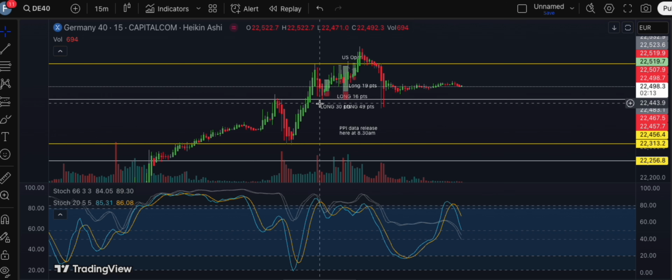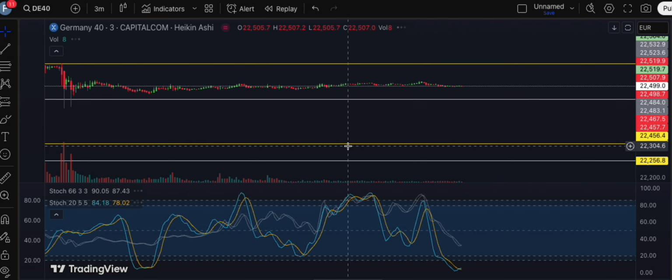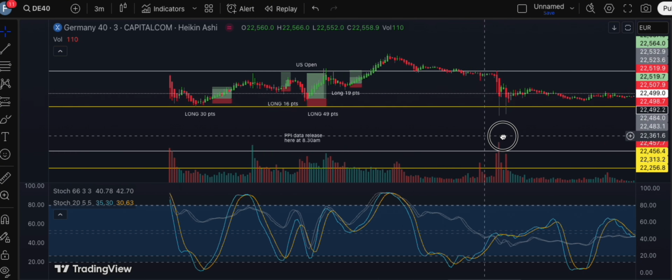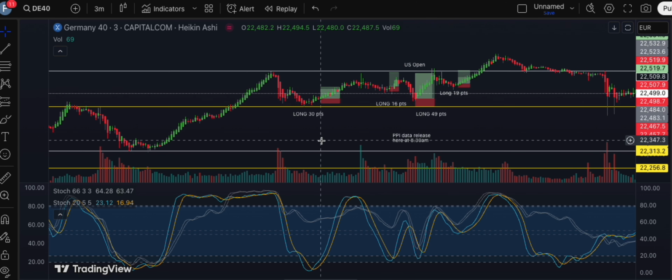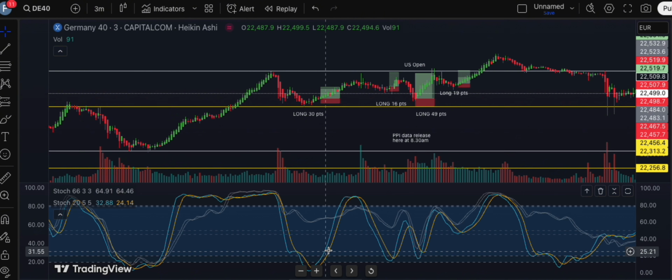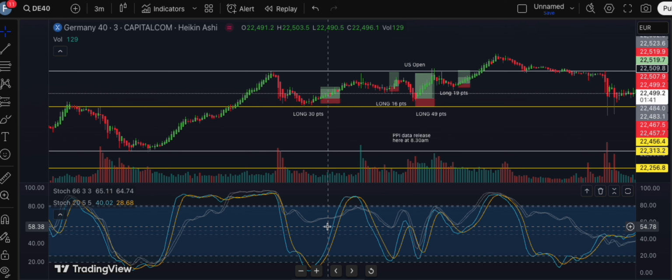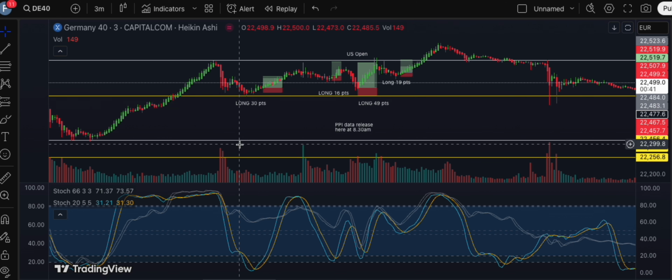So here's my first trade at the US Open. The DAX had a strong push up. I went long on the first pullback using my double stochastic strategy. Let me open the 3 minute here once more. So I was looking at these levels. Here this gave me 30 points. The stochastics aligned here perfectly, so the fast one started aligning with the slow moving stochastic. I used yesterday a slow moving stochastic value of 66, 3 and 3 and the fast moving 25, 5